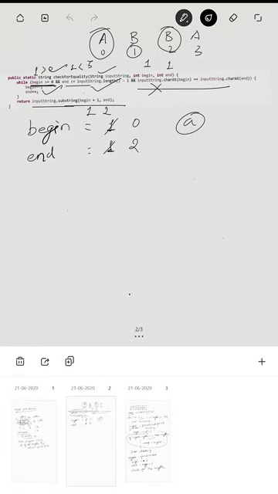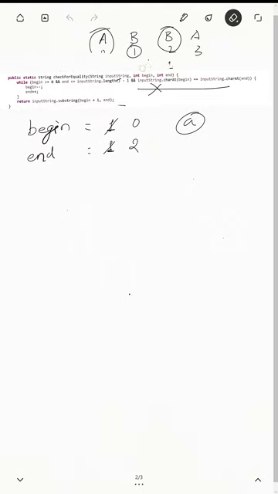So the temporary value will be as it is. Now we are going to check the same thing for the even case. In case of even, the value of begin will be 1 and the value of end will be 2 initially.